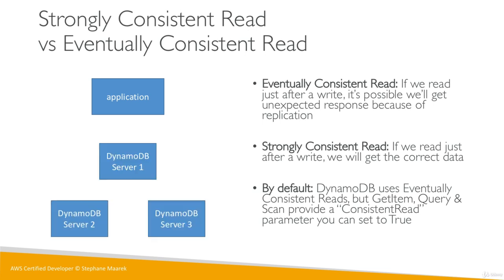But first, an example. So we have our application, and DynamoDB, as I said, is going to be replicated across 3 AZ. So this is a simplification, but we have a distributed DynamoDB system with 3 servers, and it's a bit of a mystery how DynamoDB works, but I'm just going to give you an illustrative example to explain the strongly consistent reads and the eventually consistent reads. So our application will do a write to DynamoDB, and maybe it will reach the first server.